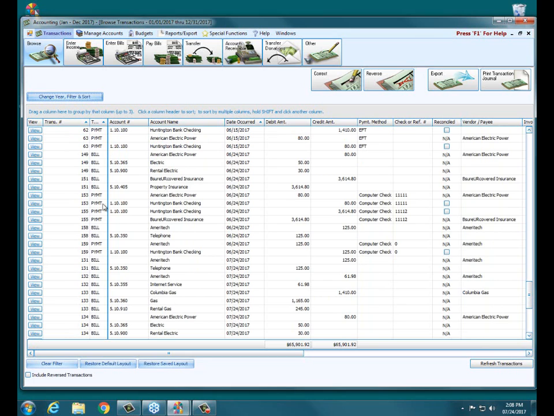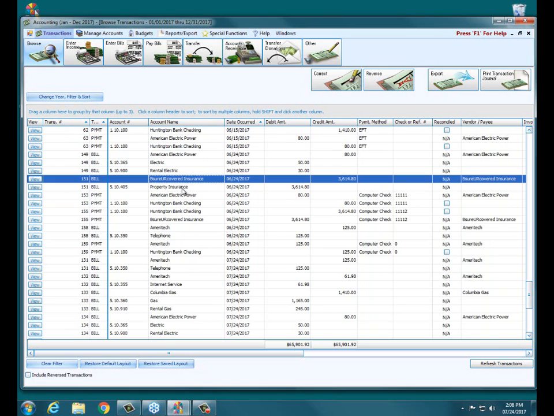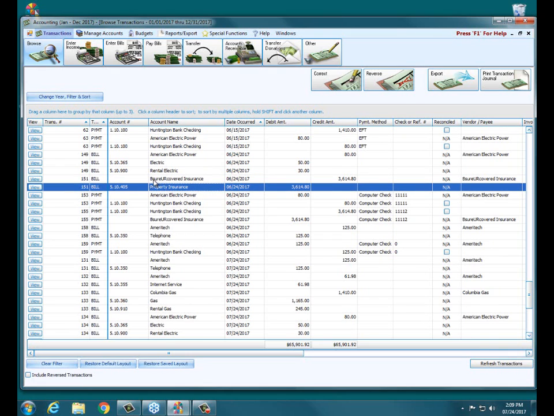So what we do is, let me see if I can find it. Say that for this particular bill, transaction 151, the corresponding payment is 155. Say the original check got lost in the mail, and now we have to resend it. What we do is, you can jot down the basic information for this particular bill and payment. So we get the account number, the amount, and what asset account it applied to, and everything. And then we close this, or we can leave this open, and then we can go up to other,